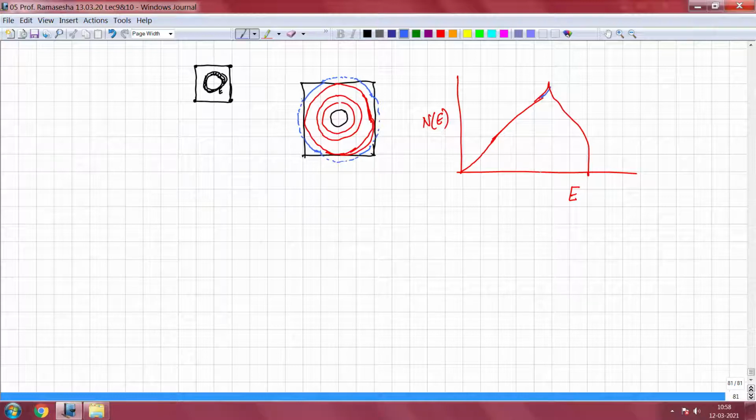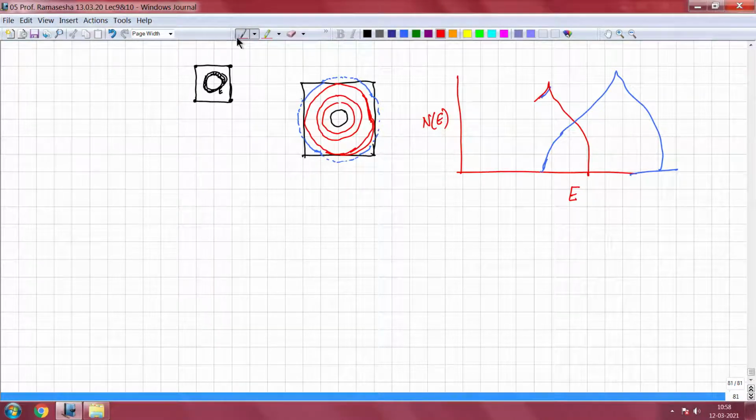The second zone starts having a higher number of states. So the number of states starts showing up in the second zone at these energies, then it goes up like that and then again comes down like that. Let me show this a little bit better. So that is how it will go, and you will see that the maximum in the density of states is completely controlled by the size of the Brillouin zone that you have.